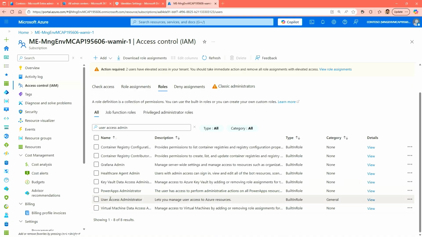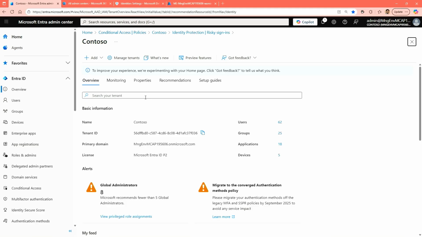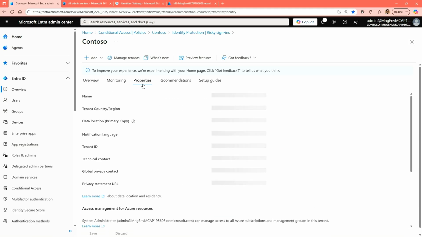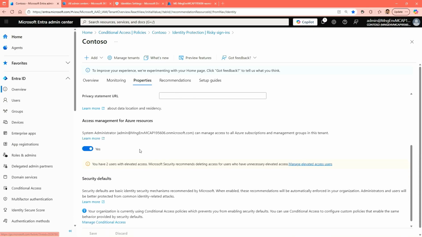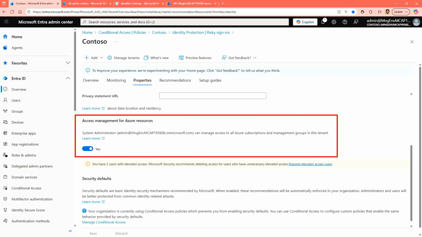Now, just to configure the setting that I spoke about in the previous session, ideally you'll need to be in your Entra, and I'm back in my Entra portal. I'll simply click on my properties right over here, and if I scroll down to the bottom a little bit, I can see this small area that tells me access management for Azure resources.